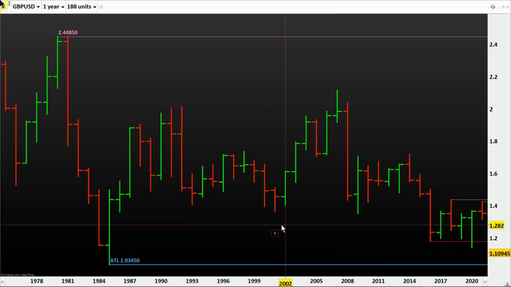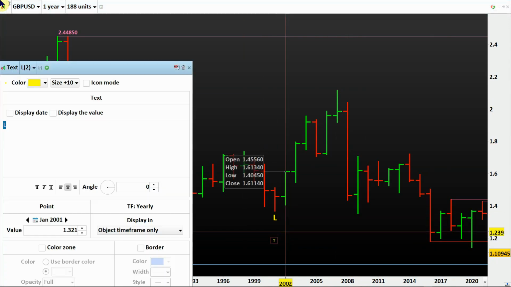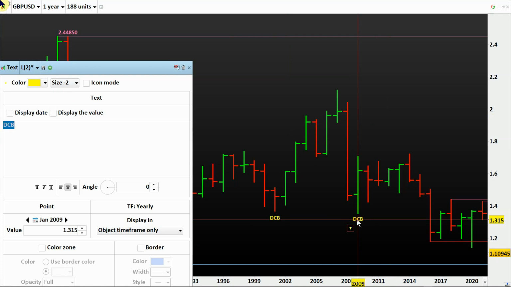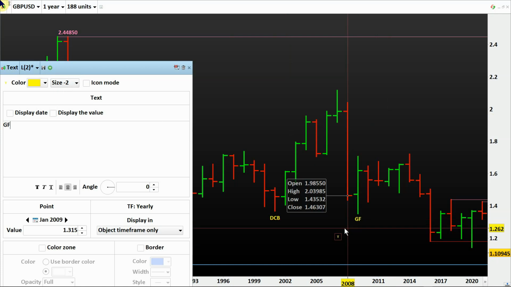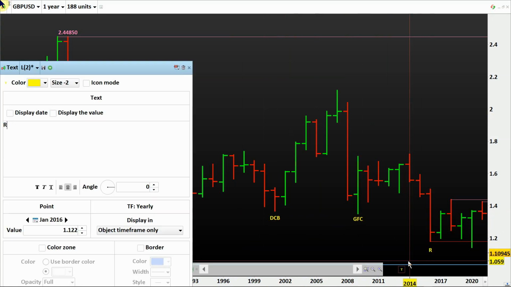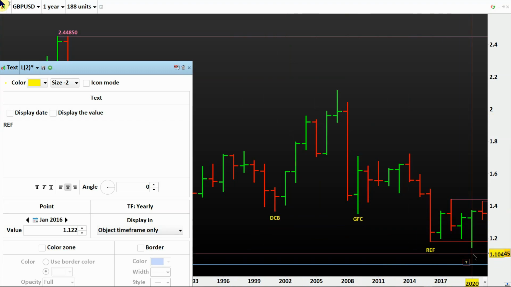If you have not done this, please do, because these are the key things. This is the dot-com bubble. I'll write down dot-com bubble, DCB, make it DCB, and this is the global financial crisis. What beautiful names we have given. Anyway, dot-com, I have not given. Dot-com bubble, GFC, and then we have this referendum. I don't know the spelling, so I'll just do this, and then I'll do this one as COVID-19. All right, so are you with me?